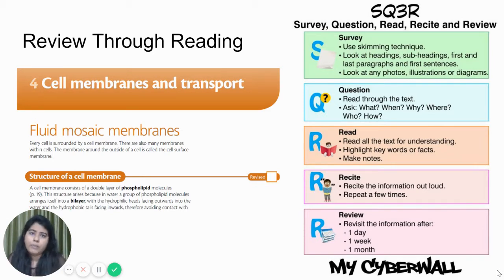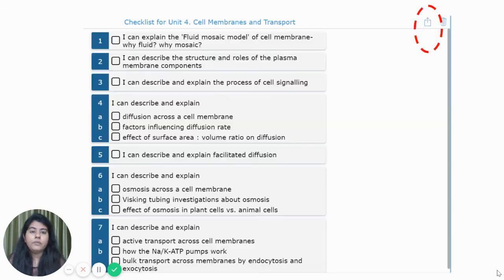Read the important statements aloud. Important as in you'll know if there is a bold word written on it, or if it is a diagram or an investigation, read it aloud so that you stay on focus while reading. And then finally, try to do the same thing in the next weekend. That will actually help you revisit the topic once more. So try to follow this strategy when you're doing the review through reading.